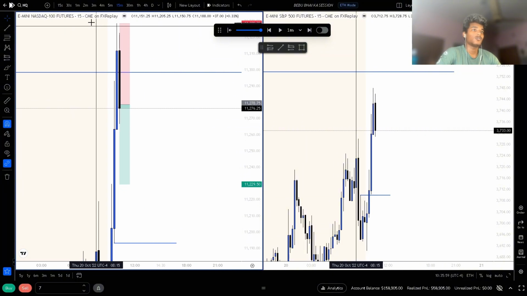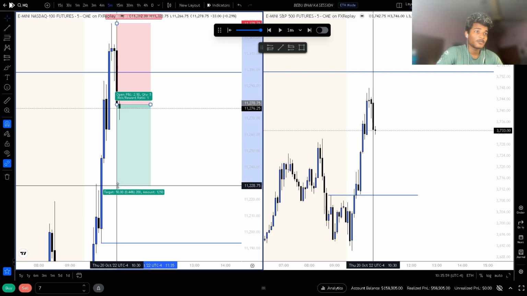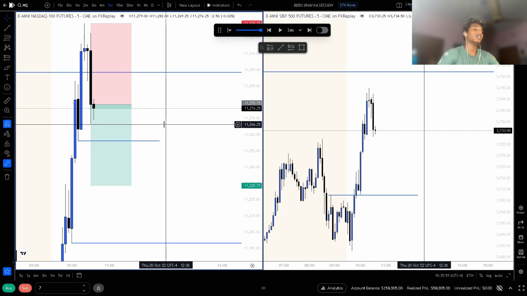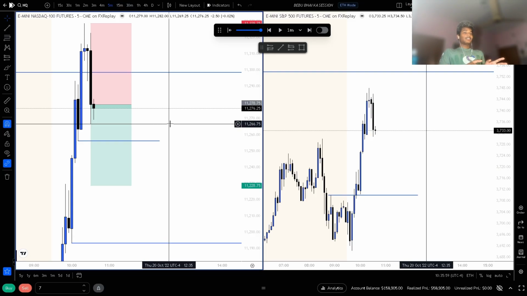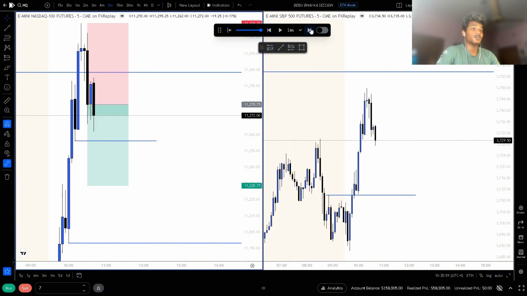So I don't feel like this is a nice trade to actually take, but I will not take that because I said that you have to take trades targeting the 15-minute or 5-minute unfilled gaps if you get a nice risk to reward with them. And let's see if this setup plays out or not.